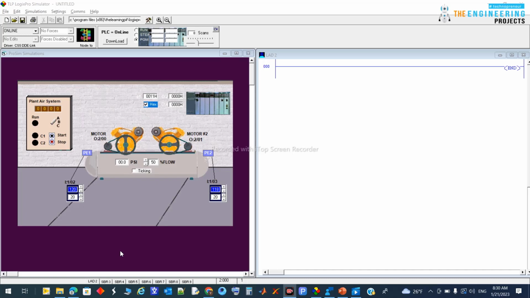The project today is the dual compressor. Dual compressor means we have two compressors or two motors, and these two motors might be running individually or running together, like a dual operation. So we have here in the figure compressor A and compressor B, and we need to run these compressors in symphony